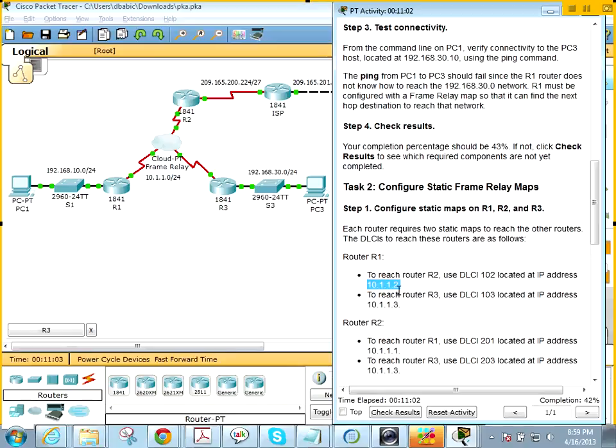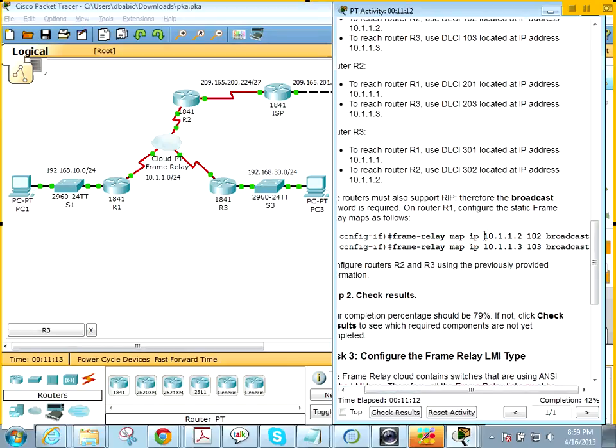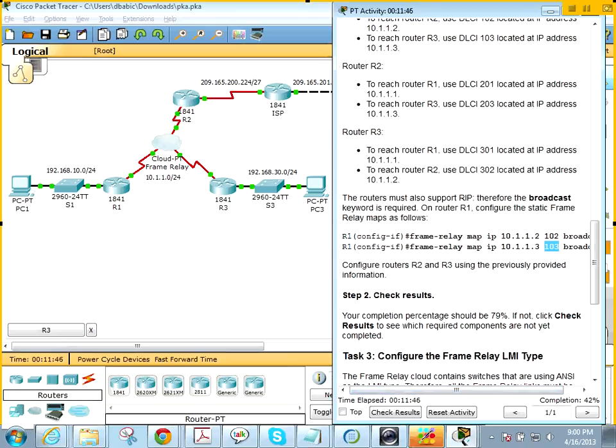So we're going to say frame relay map IP. On router 1, frame relay map IP, and we are going to map the router 2 IP address with the local DLCI 102. So DLCI 102 is on router 1, and that's the number of the virtual circuit that's going to get you to router 2. So the virtual circuit with DLCI number 103 is the virtual circuit on router 1 that's going to get you to router 3. And broadcast at the end